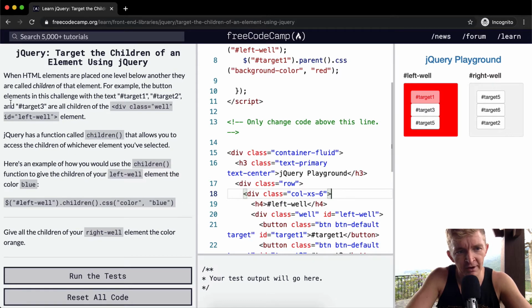For example, the button elements in the challenge with the text target 1, 2, and 3 are all children of div class well ID left well. jQuery has a function called children that allows you to access the children of whichever element you've selected. Here's an example of how you would use the children function to give the children of your left well element the